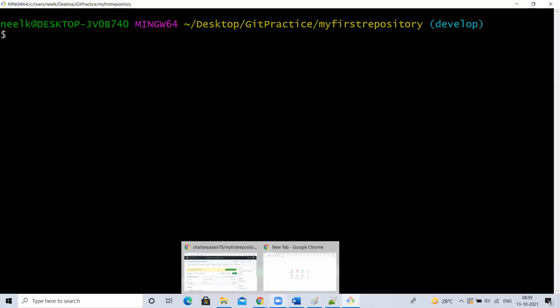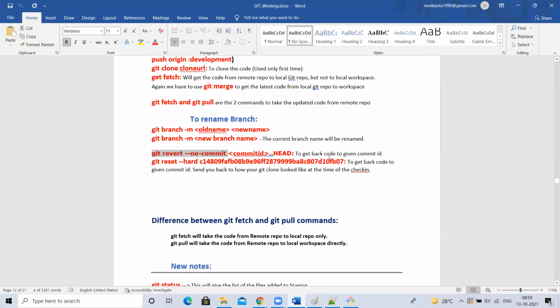See, there are some simple ways to use. If you use git revert, you don't need to use the dash option. Git revert with a commit ID, it will go to the previous commit. I made 10 commits. I want to come from 10 to 1. You can use these options. You can use these two. Anything you can use to go. This also will do the same thing, to go back to the given commit ID, it works the same way.